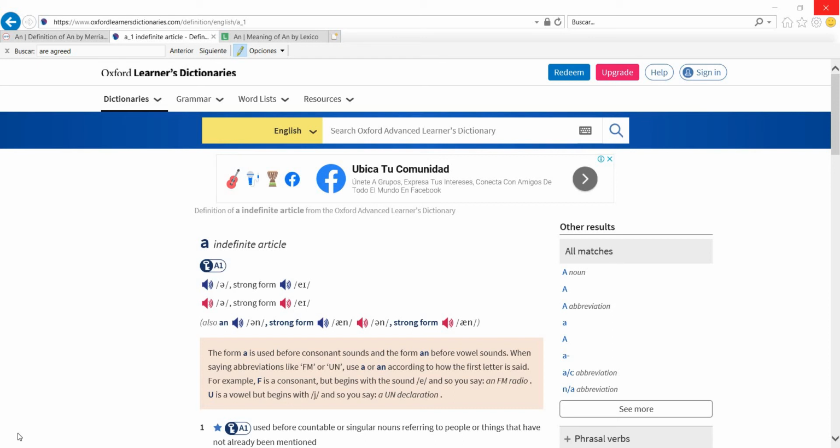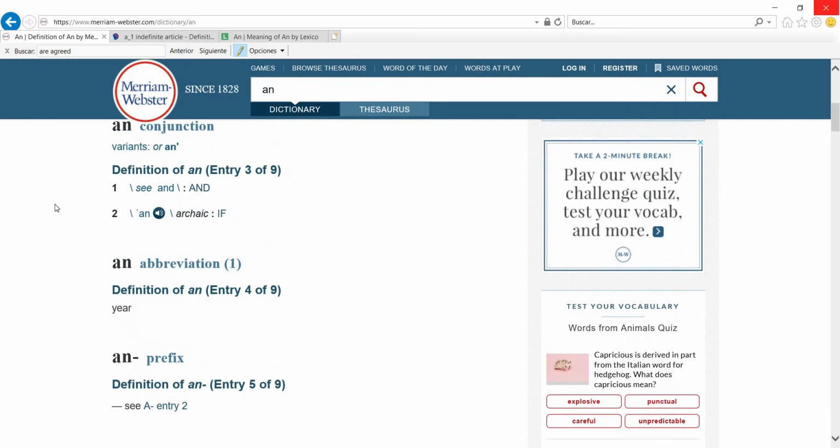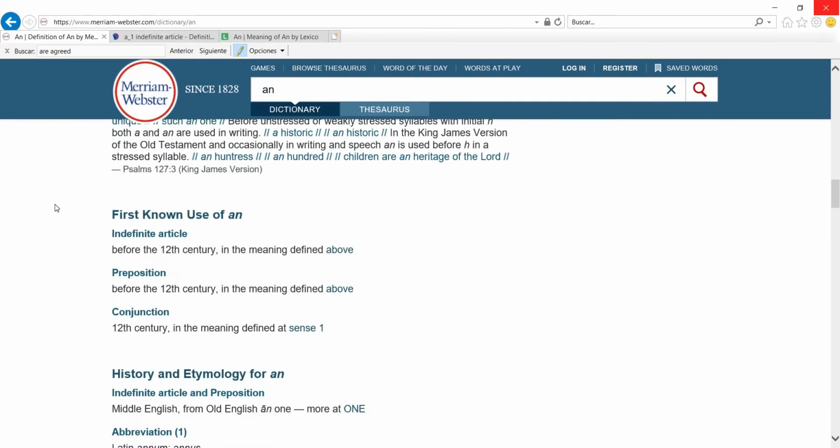Hello, today we're looking at the article a, right? A or an before words that start with an H, right? And Merriam-Webster gives you a new entry, an explanatory box